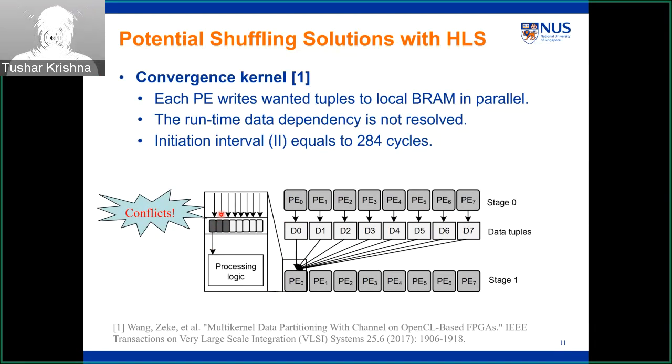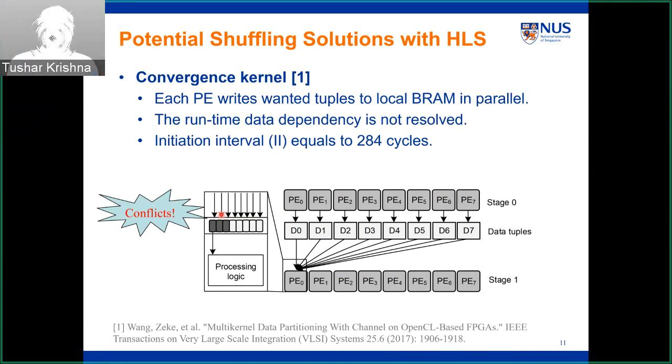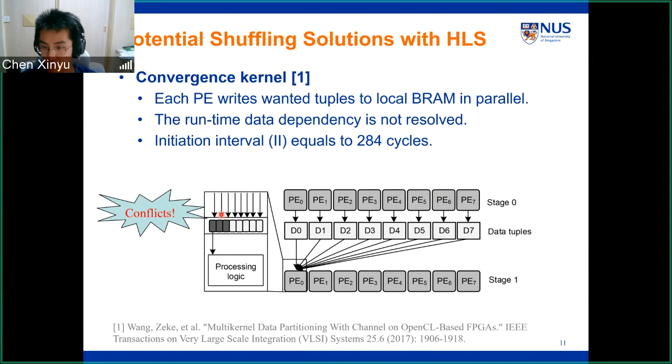Firstly, if you are running this logic on an ASIC, maybe you won't choose HLS as a programming language. You can use some network on chips to solve this problem. Basically, it tries to route the data according to their value to their destinations. That's exactly what I was trying to ask. If there's a very specialized network on chip, this would have been easier. So the problem here is because nothing like that exists on the FPGA, correct? Yeah, right. It's because of HLS, so you don't have fine-grained control logic.